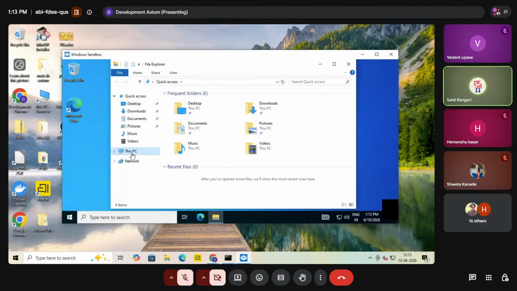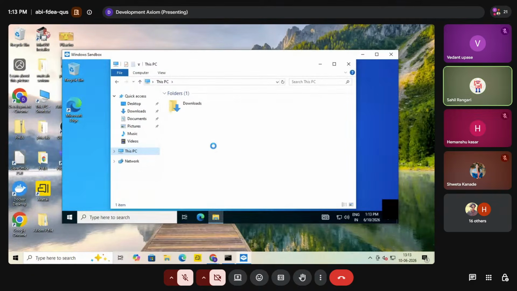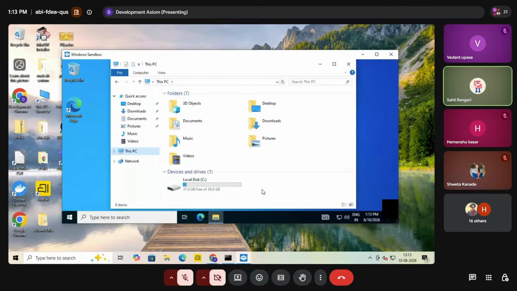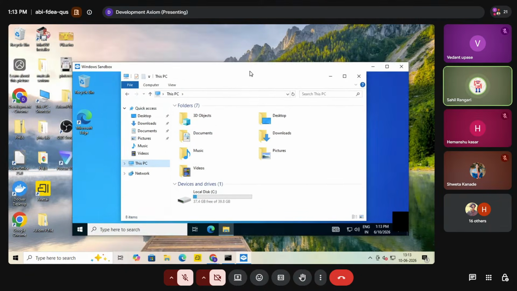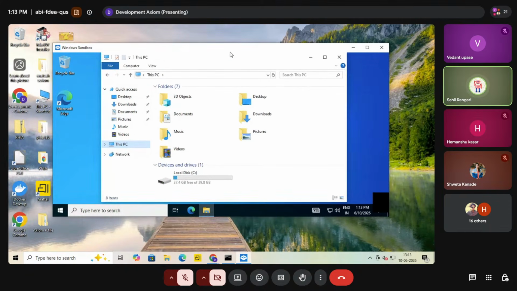We check this PC, and we have some storage also, which is local disk storage of 39.8 GB. That means whatever we have in the hardware or physical system, all those things we get in this sandbox, which is a virtual environment. So that was the platform, and that was the sandbox, which gives virtualization.